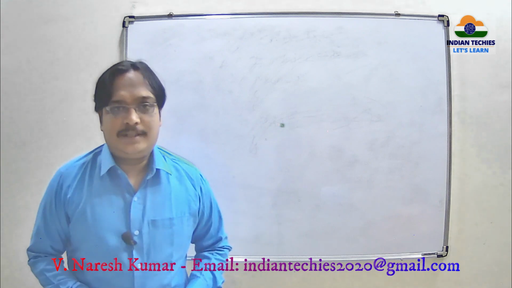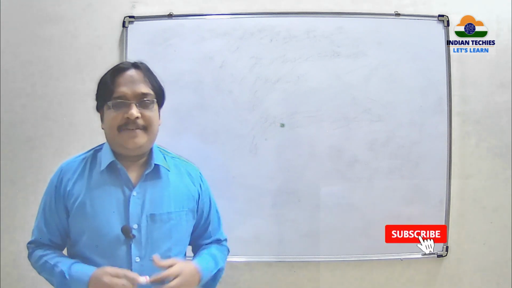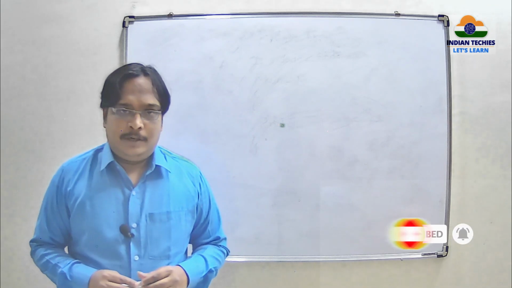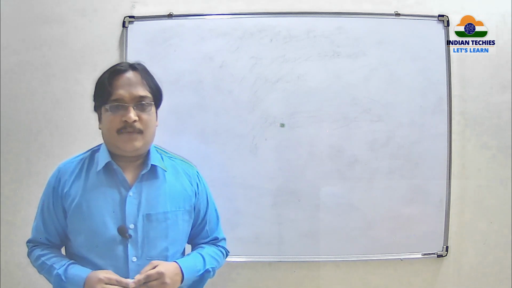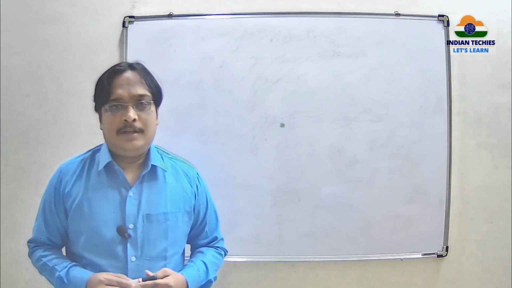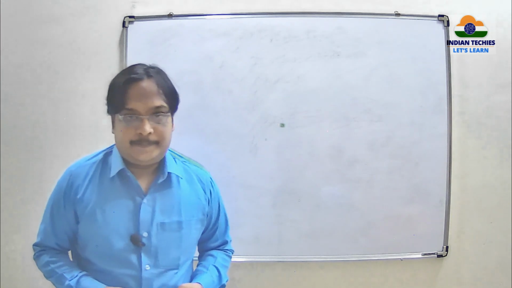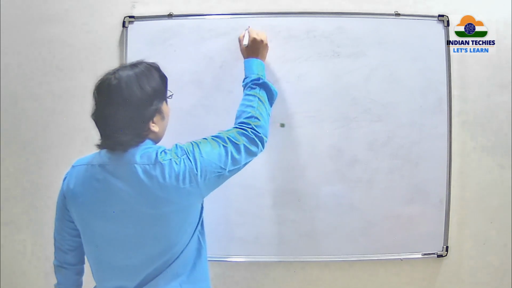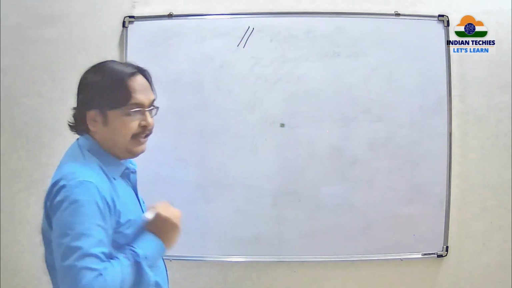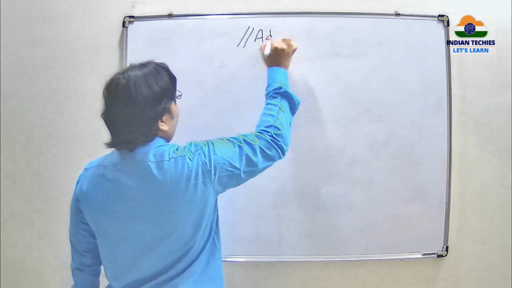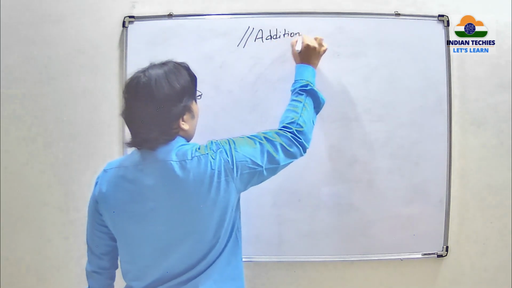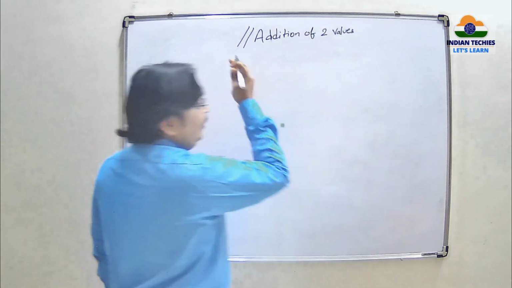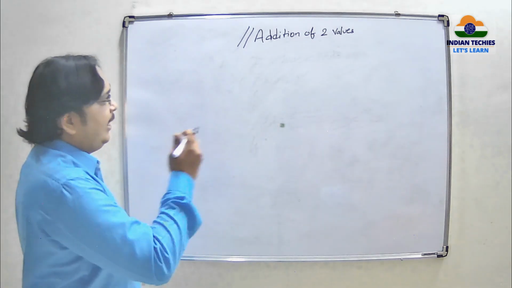Now we will go a little bit advanced from the basic program. In the previous program we just printed a normal text on the screen. Now, going to advance, let us perform addition of two numbers and produce the result on the screen. So as per the first one, the documentation section, I am writing addition of two values. You can write whatever text you want. I am just writing addition of two values.